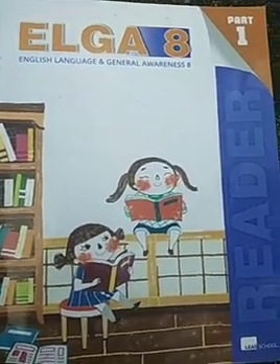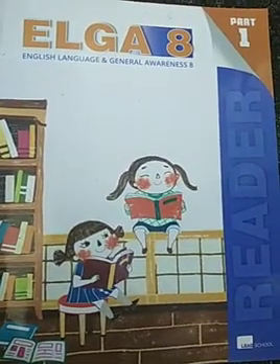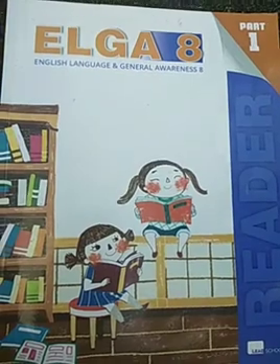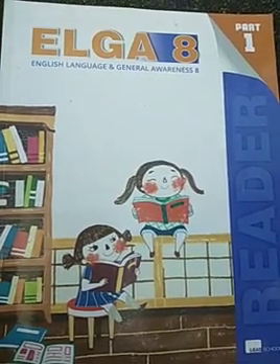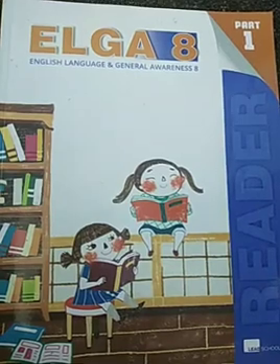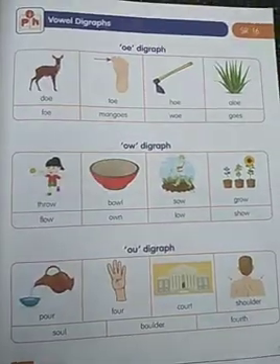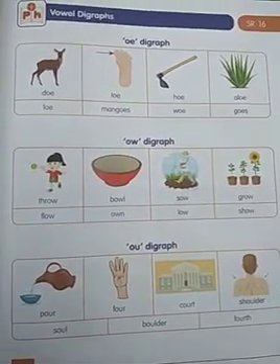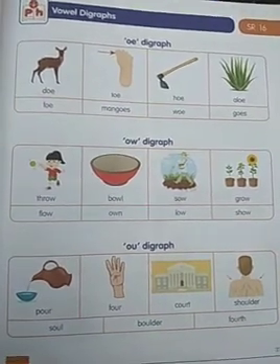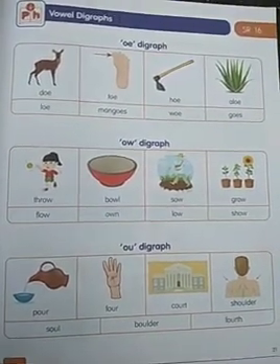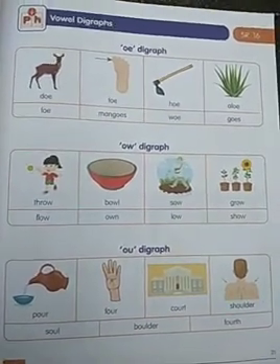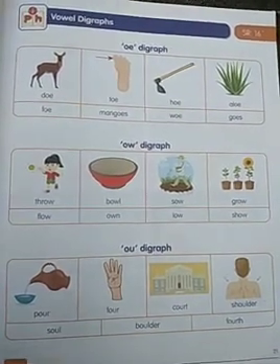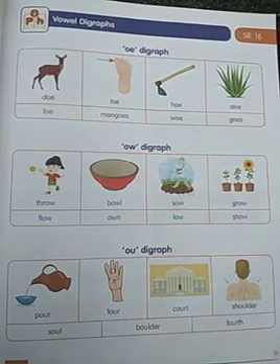Okay, so all of you take your reader book. After your vacation, this is your first class, right? Okay, children, so all of you take your ELGA 8 reader book. Till SR 15 we completed, right? SR 15, that means the Loyal Mongoose story. So I hope you have all completed that much, right, children? Now take SR 16, page number 21.